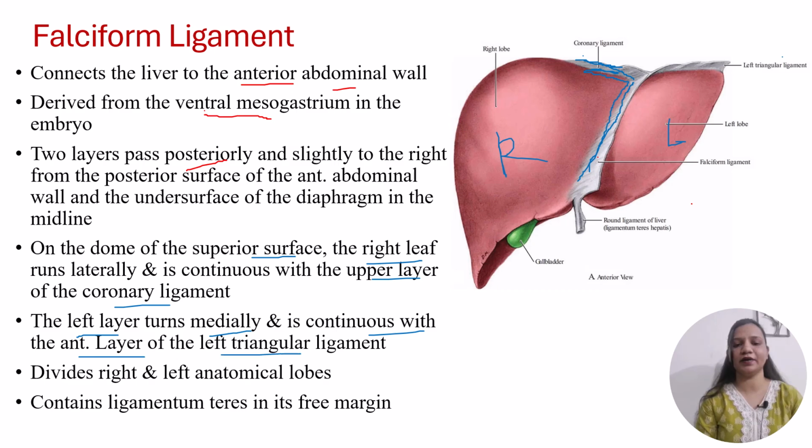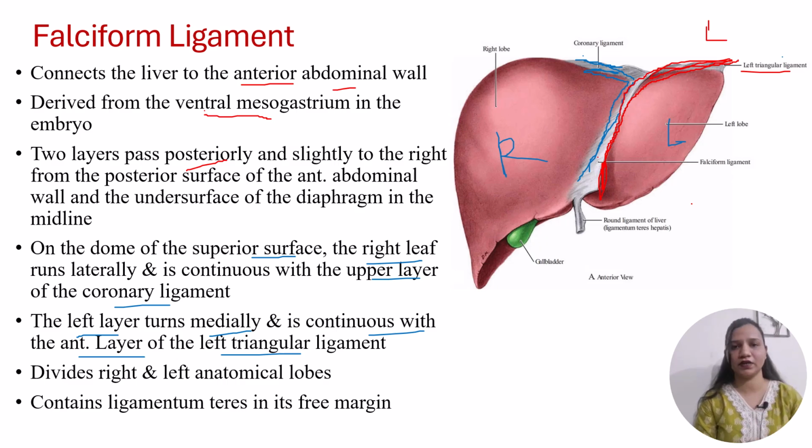left triangular ligament. Okay. So here this is the left leaf or left layer of the falciform ligament, which becomes continuous medially here, and it becomes continuous with the anterior leaf or the anterior layer of the left triangular ligament. Here the left triangular ligament is present. So the left layer of the falciform ligament goes medially and becomes continuous with the left triangular ligament, anterior layer or